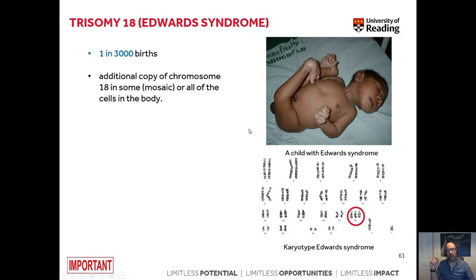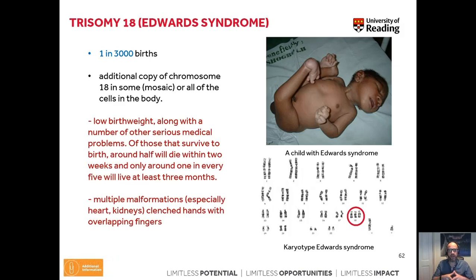Importantly, this is also a fairly interesting syndrome, because this additional copy of the chromosome is not present in all of the cells of the patient. Here we are dealing with the so-called mosaic phenotype. The result of the presence of this additional chromosome 18 is fairly low birth weight, along with a number of other